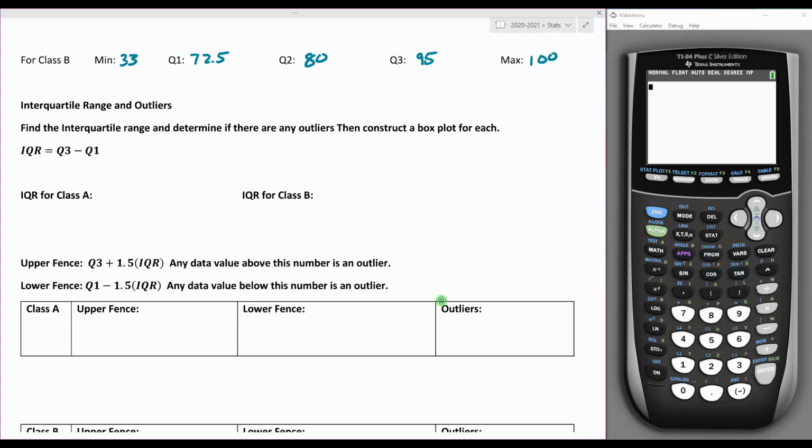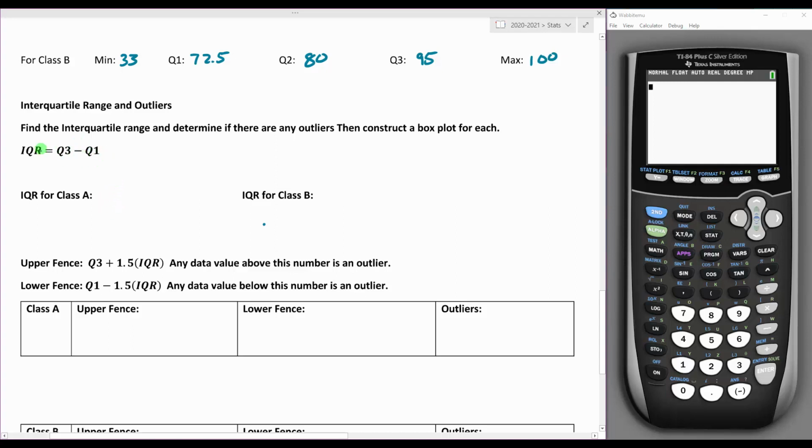How far away does that piece of data have to be? There's an actual calculation for it, a mostly defined calculation that is accepted through most stats textbooks, and most statisticians accept this calculation to determine whether or not something is in fact an outlier. To start off determining whether or not a piece of data is an outlier, we need to